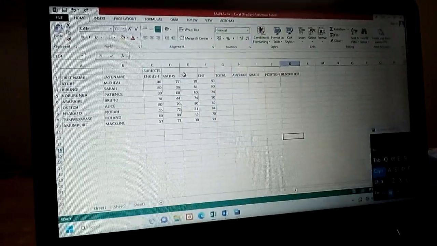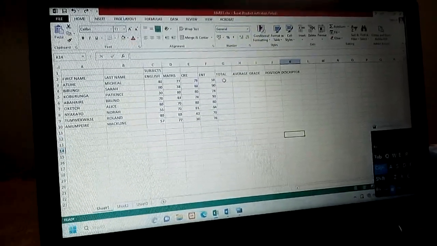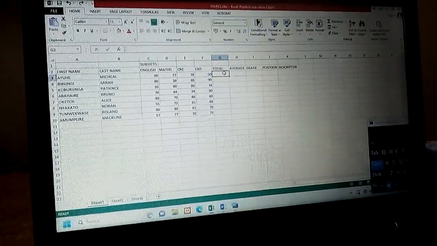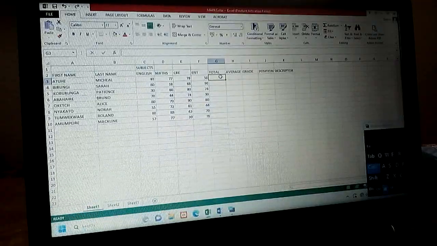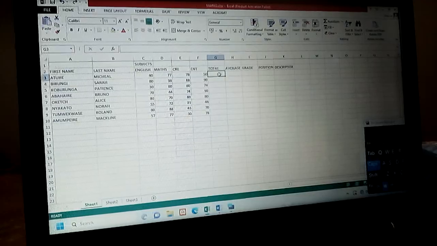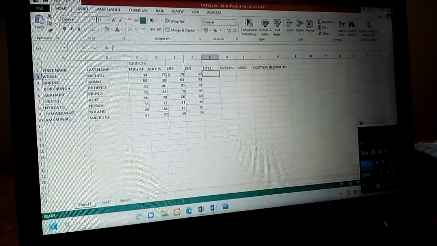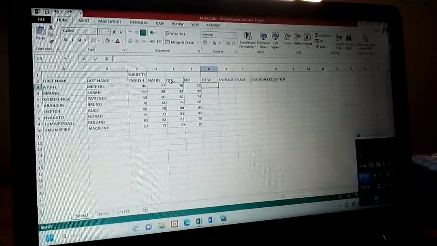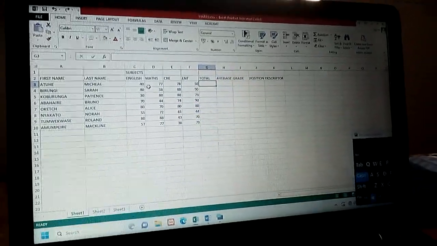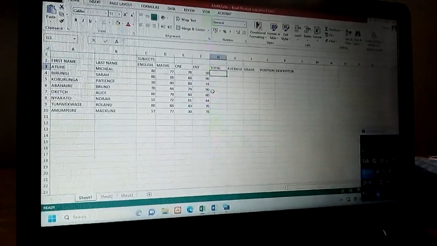So here we're going to first do some of the activities. For example, in the table we have the areas where we need to put the numeric figures, and we are going to start with the total. So here in the spreadsheet, if we are to get the total for the performance of a given student in 4 subjects, because we have 4 subjects, that is English, Math, Theory, and Ent, we shall use the first student as an illustration, and we shall use the autofill handle to give the totals of each student.